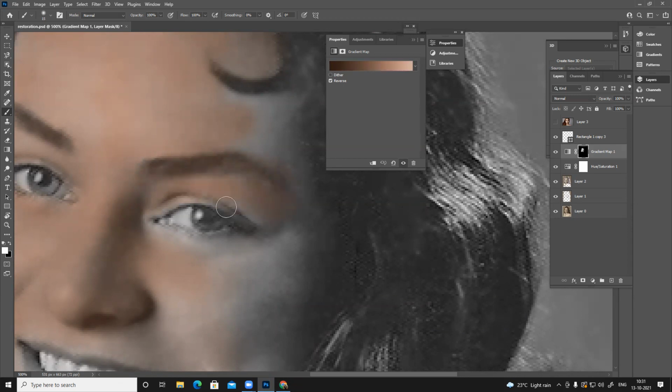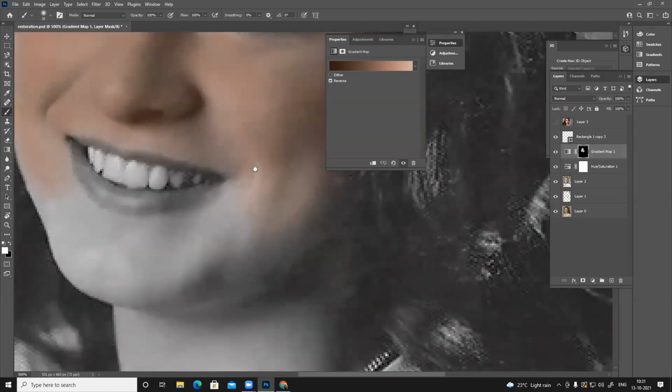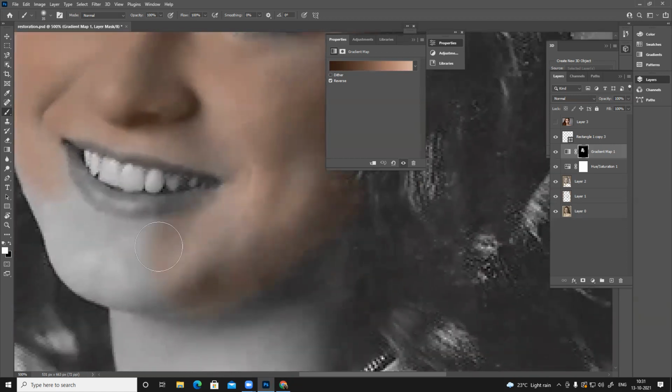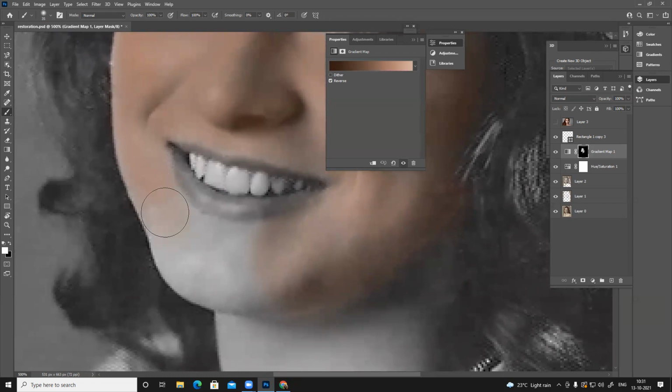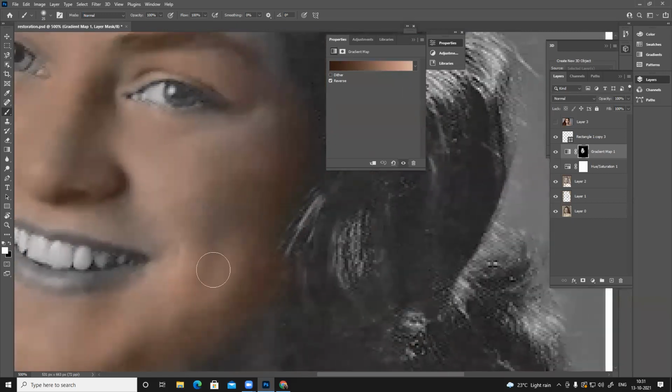The top of it is painted. This area was a little darker, so a little more pressure.